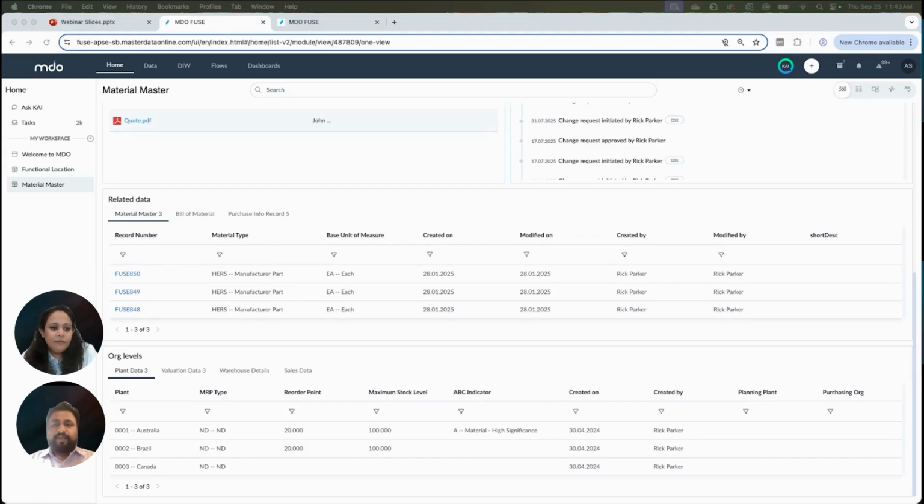Yes. OneView is basically built on the MDO integration layer, which brings the records from all the other source systems combined together, and those records are available to generate the view within MDO. So yes, we have an integration layer behind MDO OneView to give the overall information from different dataset perspectives as well.